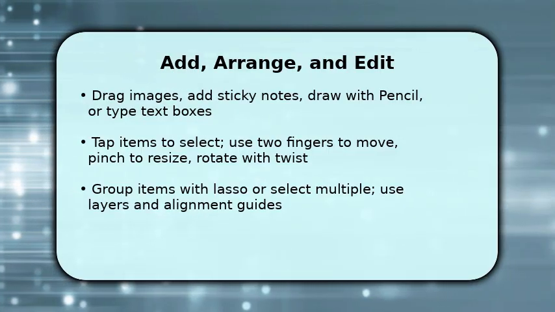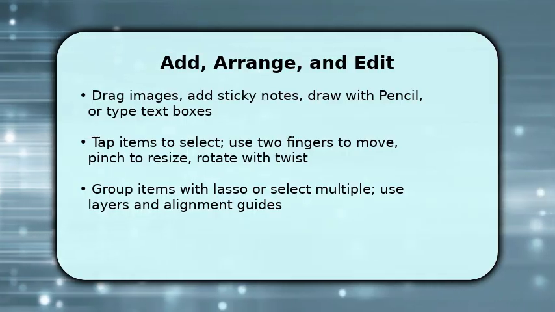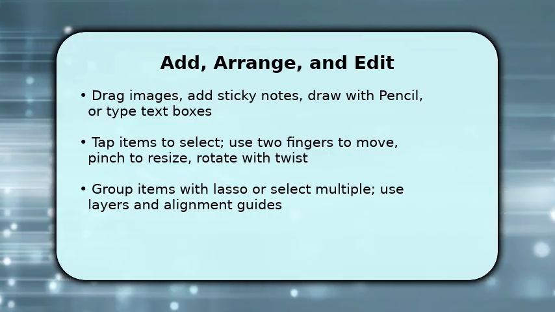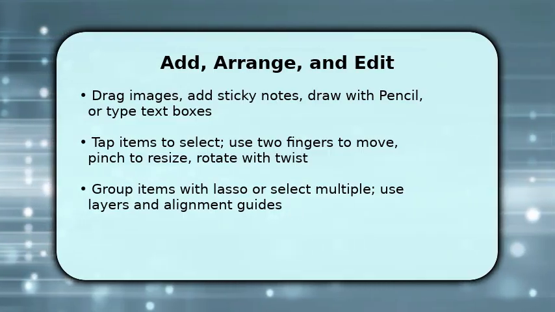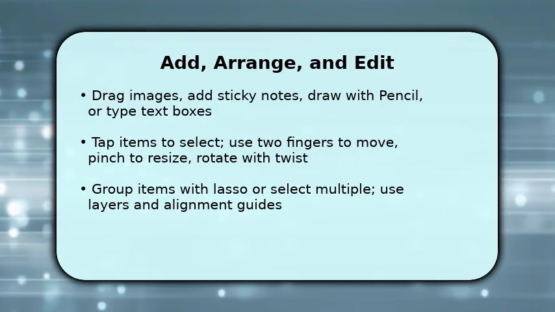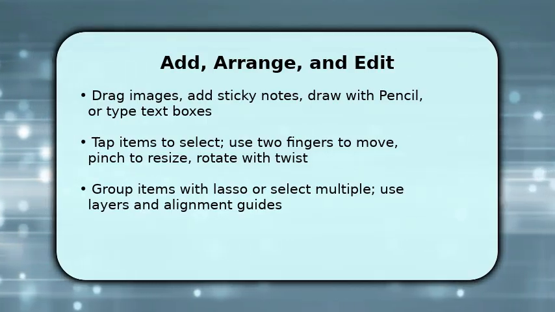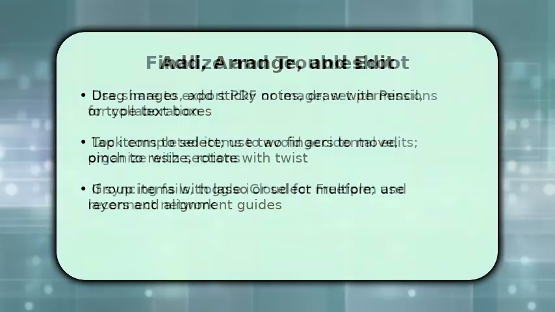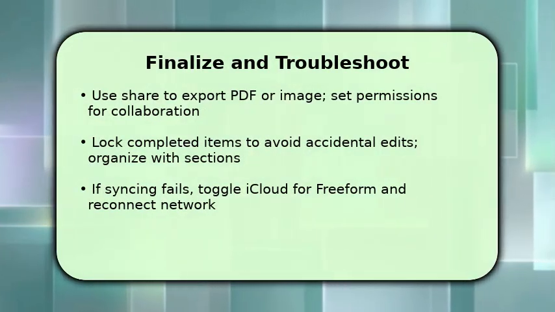Once elements are on the board, tap to select one, use 2 fingers to reposition, pinch to resize, and twist to rotate, which gives precise layout control. If you have many items, tap and drag to select multiple or use the lasso to group them, then align using guides. This structured approach keeps the board readable and lets you finish, review your board for spacing and clarity,